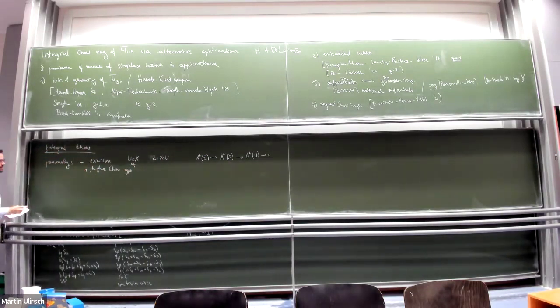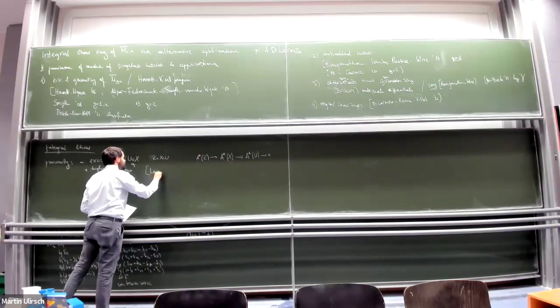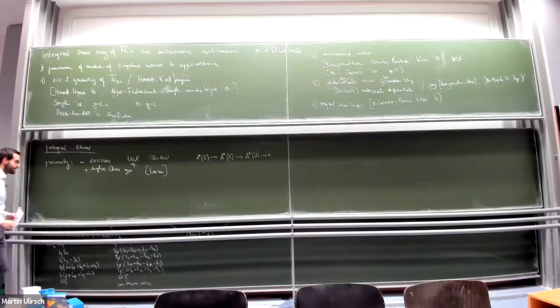So this is one path that, for example, has been used by Eric Larson in the computation of the integral Chow ring of M_2. The other is a technique that